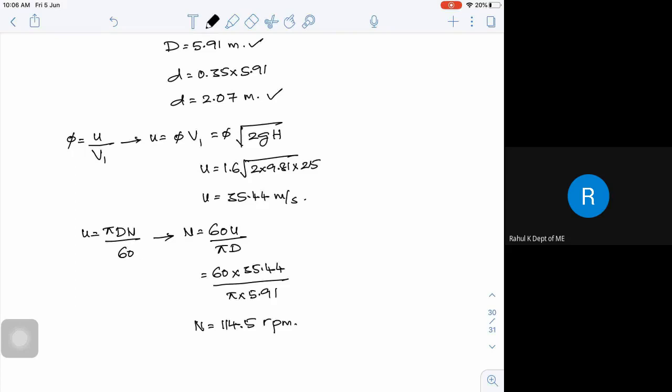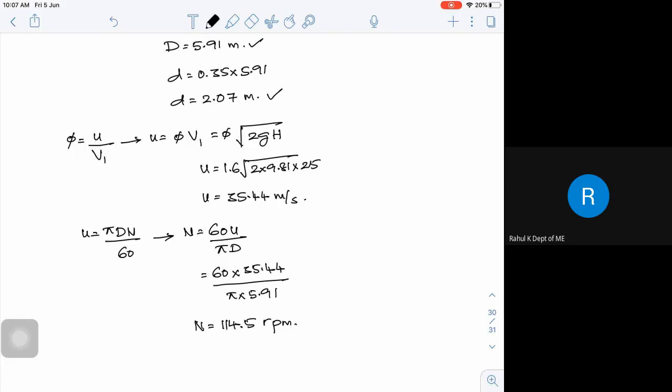It's a very simple problem which takes care of calculating the speed and your diameters. This is one type of variety. You may get a similar kind of variety problem to what we have solved for the Francis turbine. I think I have given, in the tutorial, problem statements like 15, 16, and another 3-4 problems. You can try those problems.